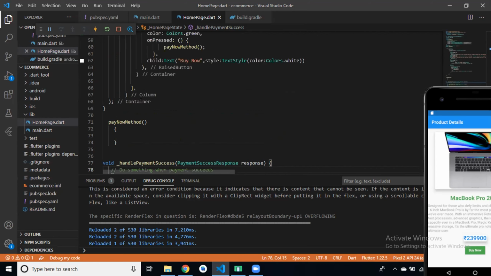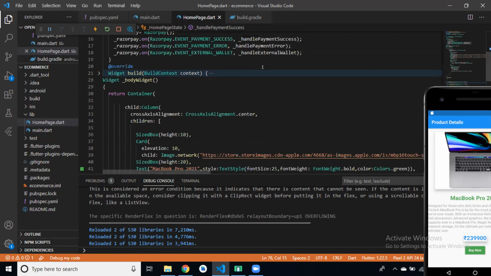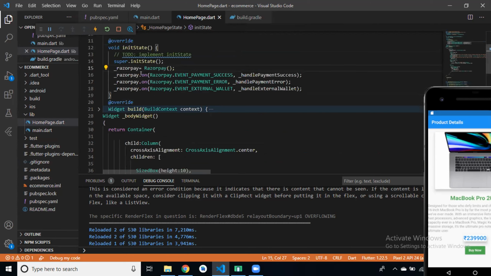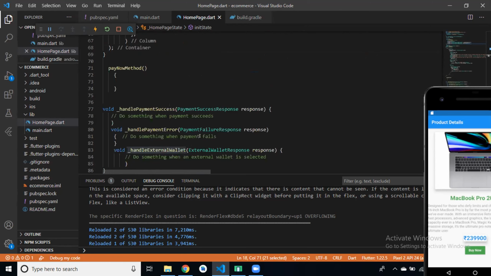So here, Razorpay.on: if the event is success, then call handle payment success. If the event is error, then handle payment error. If the event is external wallet, then handle external wallet. Clear?